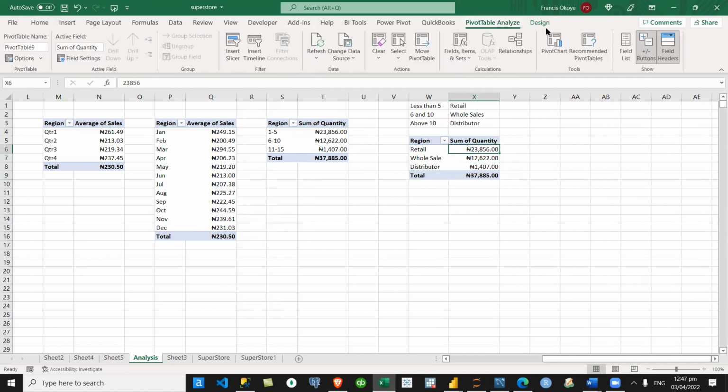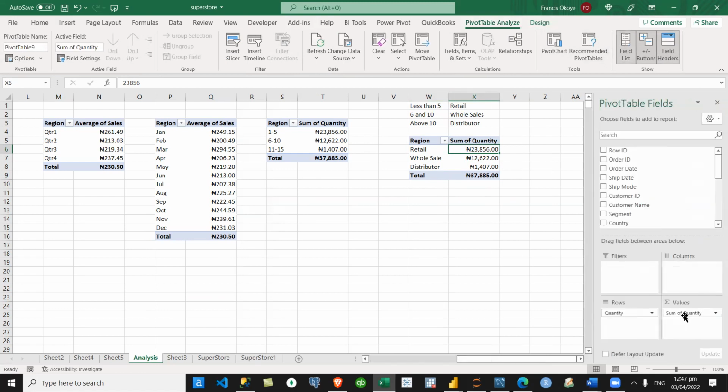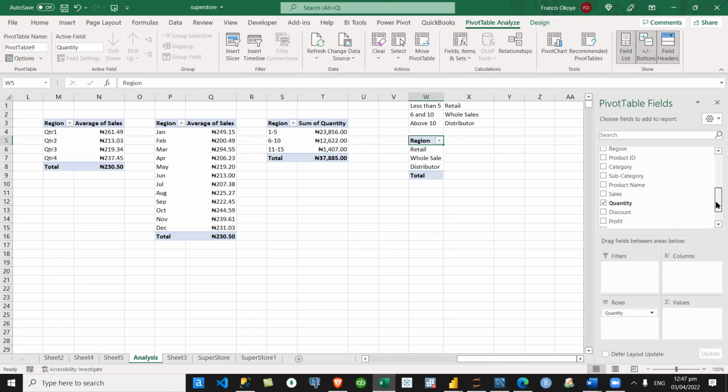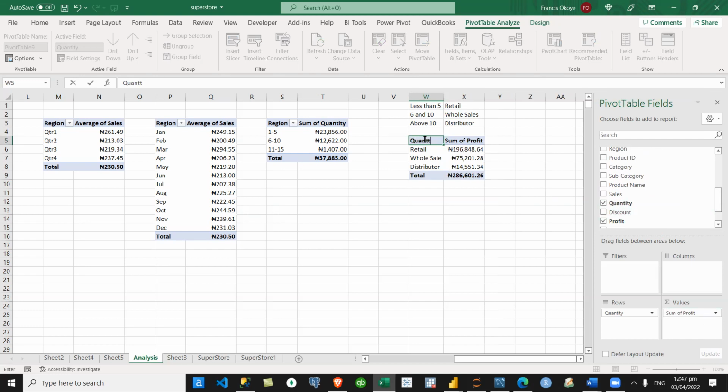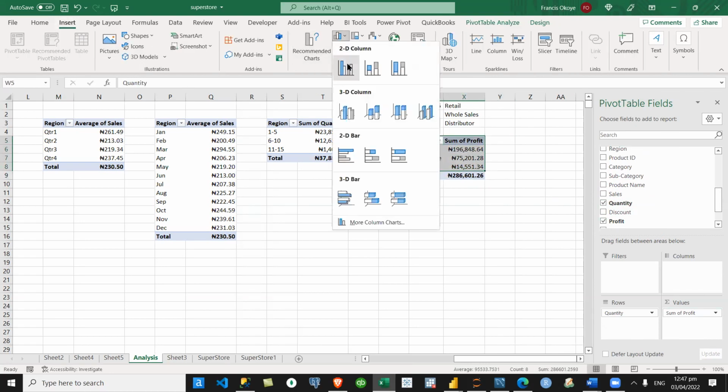Which means if I want to further analyze it, I can drop this. Let me take the profits. Can you see that now? So I'm analyzing quantity by profits, but now I'm analyzing by whether it is retail.